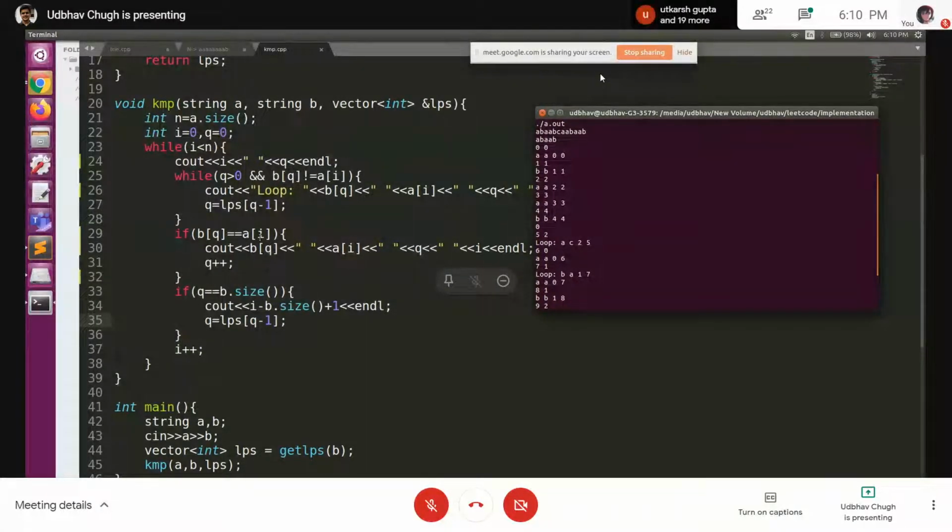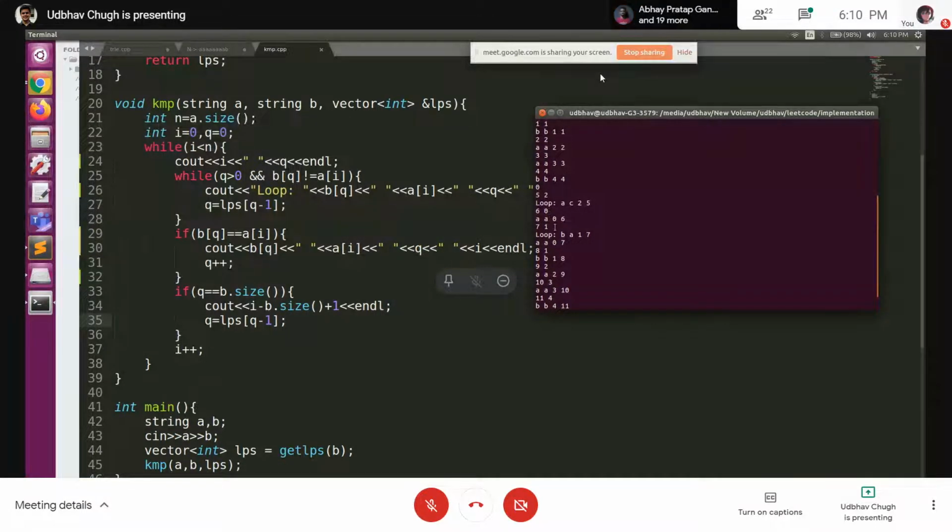And since Q is 0, even at that point, B[Q] and A[I] are not matching. Since A[I] is C and B[Q] is A. So C and A are not matching, so we don't enter here, and we simply move on to the next iteration. So this is, I think, clear now, right?